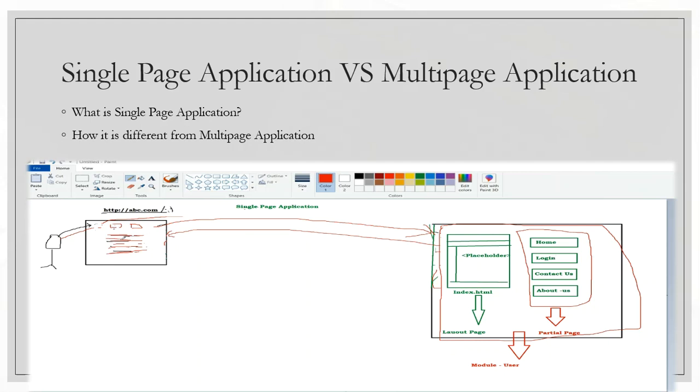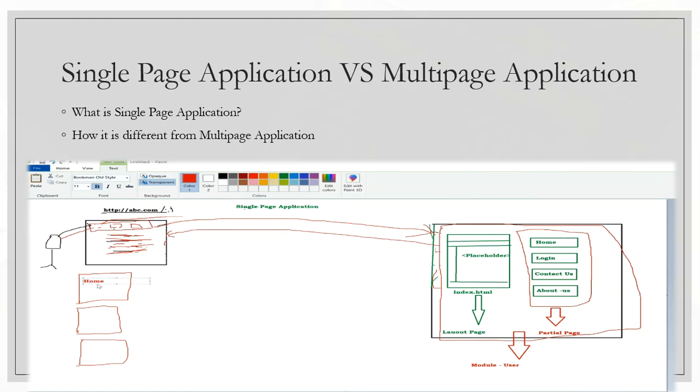Suppose index page is loaded with the home page, and on the navigation bar we have few buttons for login, contact, and about us, and these pages reside in the browser memory. Now we are having here home page, login page, about us.